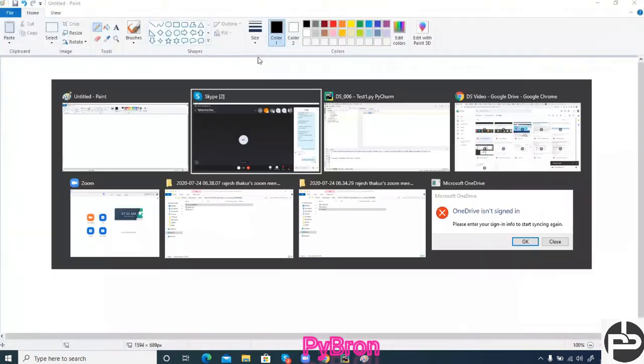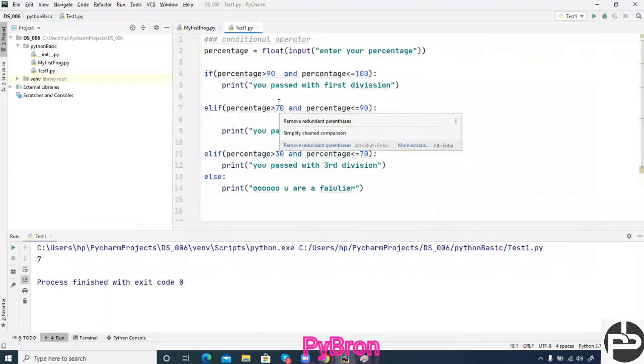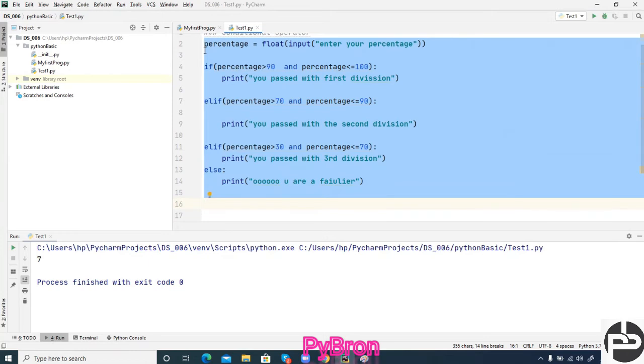Suppose, one minute, Control A, Control V. Just now we wrote this code. How many lines of code did we write till now? Around 15 lines, right? Suppose in the next project I want to check the same condition. Again we have to paste these 15 lines there. Don't you think we are wasting lines of code and our time doing the same action? To overcome this problem, we are going to learn the function concept.